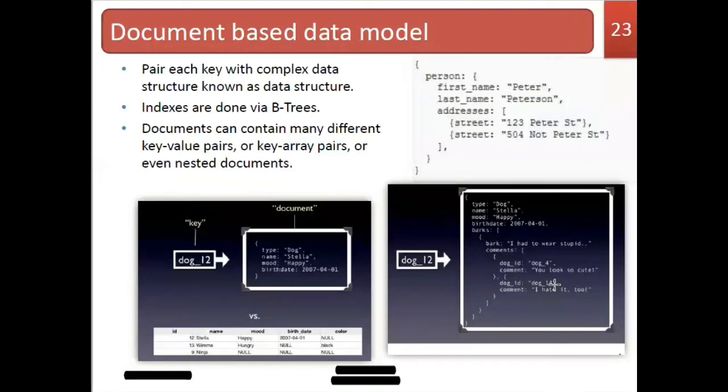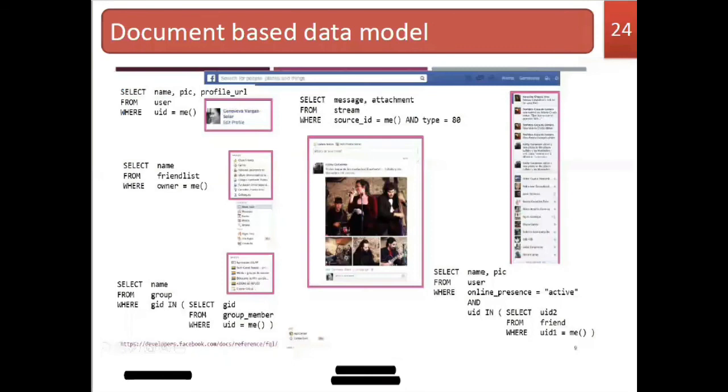How can you access the document, whether it is the outer structure or the inner structure? You can use some B tree structure, which you have already studied. In the B tree structure, all the values are in the leaf nodes. With the key that is available in the leaf node, you can find the values. So you can search or do all manipulation with the document based data model. And this is the example for the document based data model.